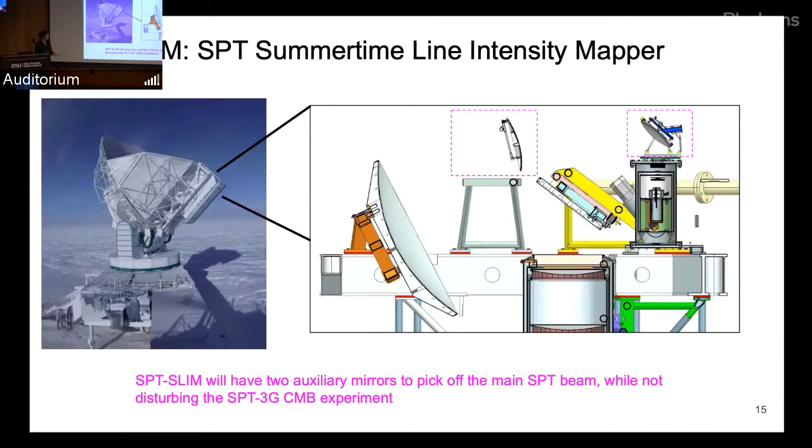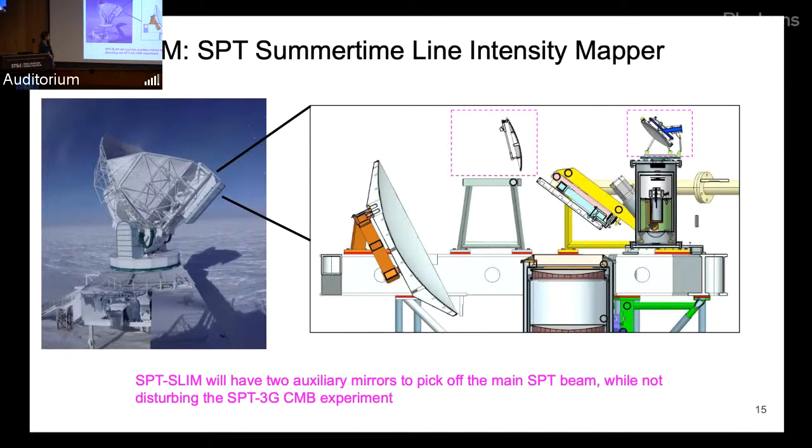And what the folks at SPT have graciously let us do is, in the summer, when the weather's a little bit too bad for them to do CMB experiments, but totally fine for line intensity mapping, we've designed two auxiliary mirrors that we're going to pop in, that I've highlighted in pink there. They will siphon off the main SPT beam, and it'll bounce off the secondary, and then the tertiary, and then into our cryostat, while the SPT-3G experiment and their mirrors are still in place. So we won't be ripping out any electronics, any cameras. We can just quietly pop in our experiment and hopefully take some data while being unobtrusive to